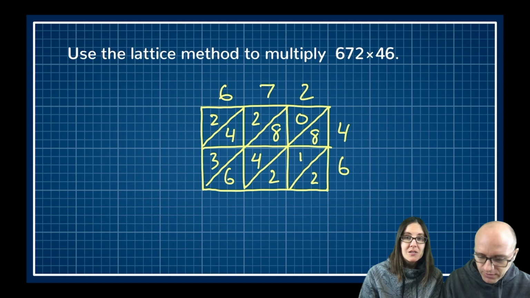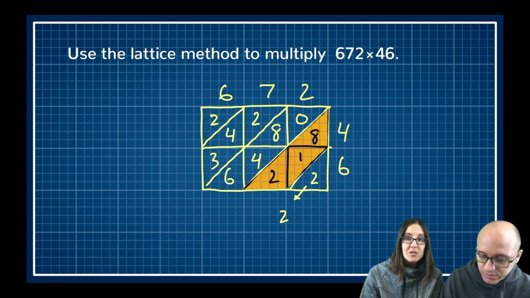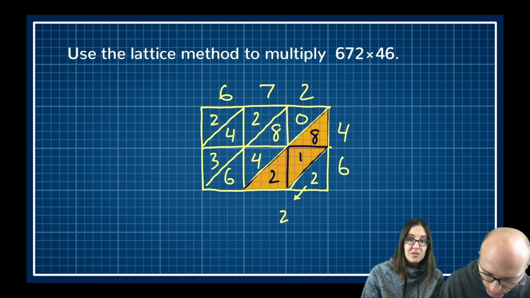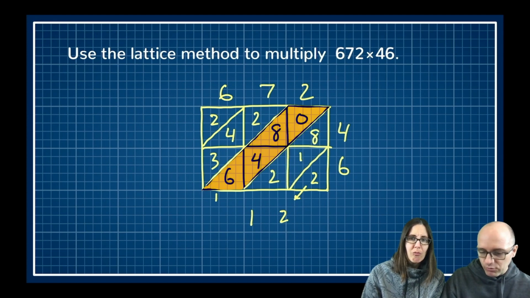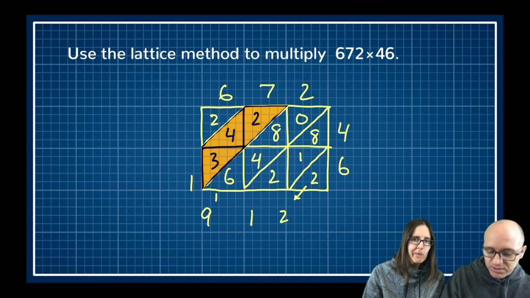Really? So if I head down this way, okay, so I'm just going to get a 2. 8 plus 2 plus 1 is 11, so I'm going to put the 1 here, and I'm going to carry the 1 up there. All right, 0 plus 8 plus 4 plus 6. So that's 18 plus 1 more is 19. And then carry the 1 up here.